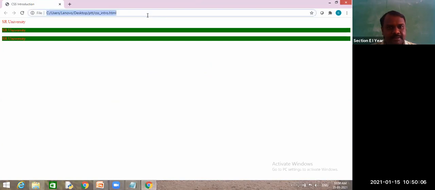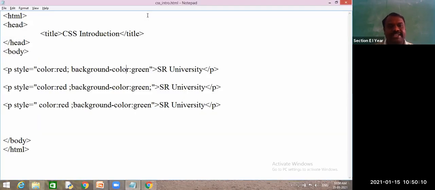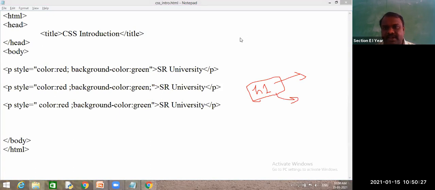So we'll see. Yes, all background colors have changed. Now I want to increase this font size. To increase this font size, previously you used the H1 tag. H1 has its own size. You can't increase or decrease its default size. But instead of writing H1, CSS has one more property, that is font-size.